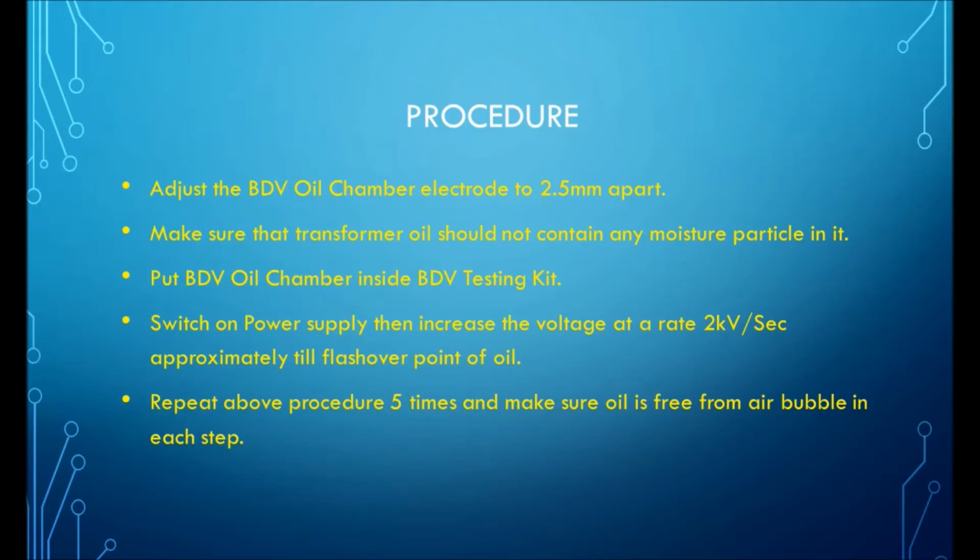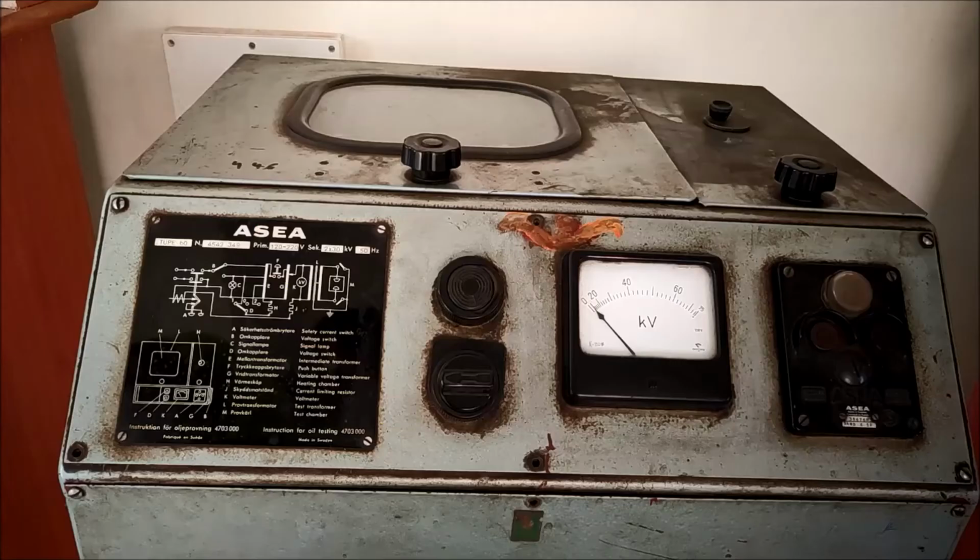There are 2 electrodes in the oil chamber. One is the high voltage point, another is the ground point. The discharge passes through the medium, or dielectric, which is oil, but if some air bubbles are present in the oil, then the oil breakdown strength will decrease. You cannot find an accurate value of the breakdown strength of the transformer oil. First remove all the bubbles in the transformer oil, then you can start your experiment.